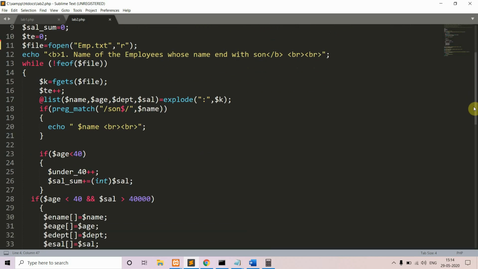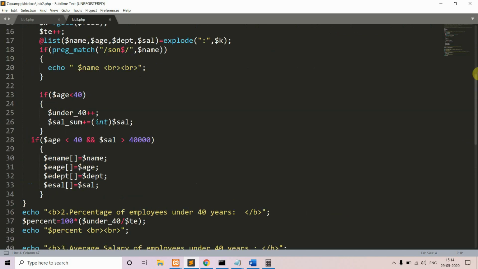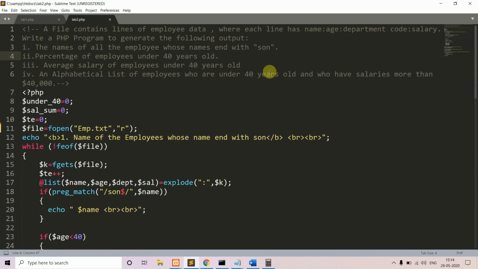Next is TE, the total number of employees, which we need to find the percentage of employees. All these are initialized to 0.